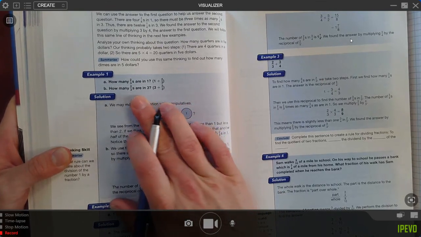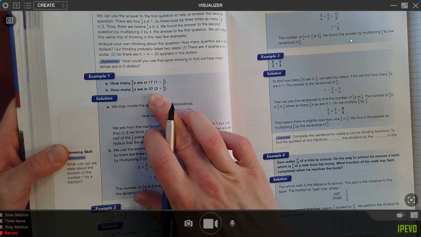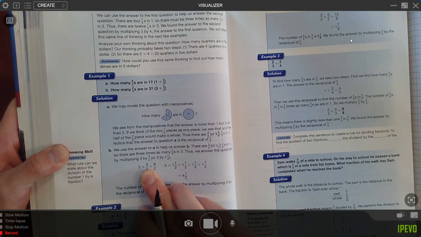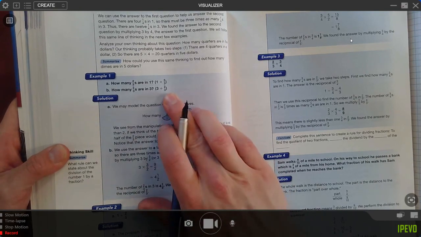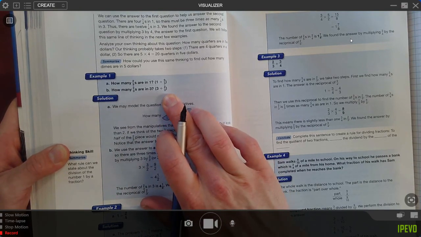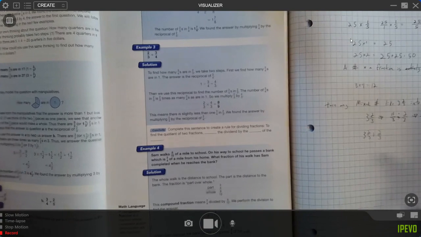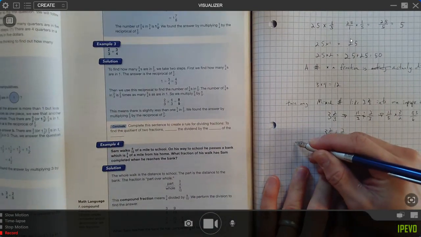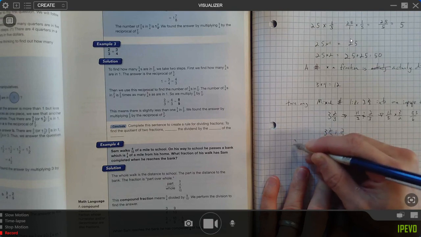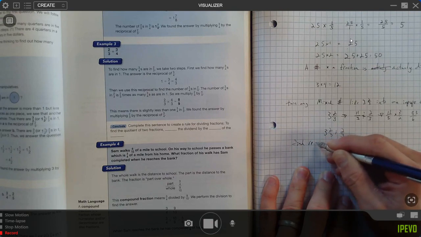For B, how many 2/3 are there in 3? 3 divided by 2/3. We use the math 3 times 3/2. Okay, so reciprocal. Okay, so flip it. So if I was going to write this out for you, I'd say find reciprocal,